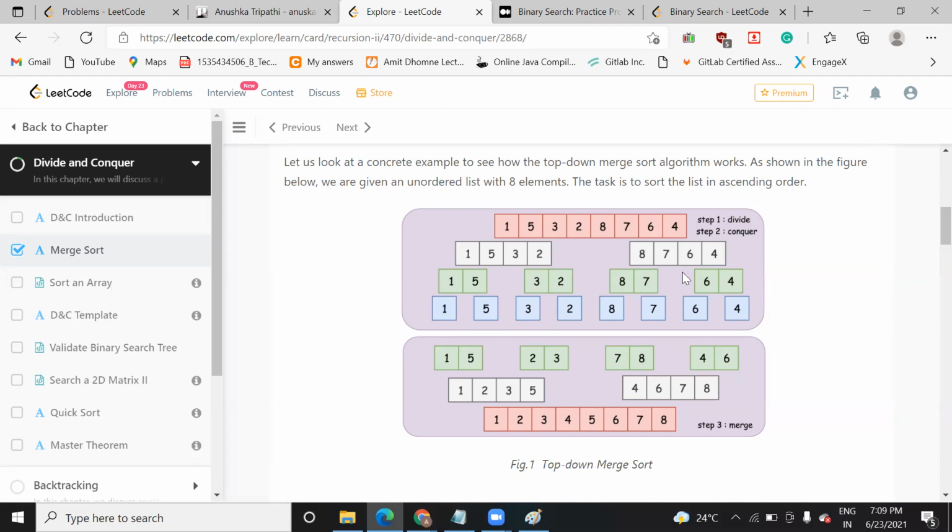Just compare 1 with 5, 5 with 3. Actually you are not getting the point I'm saying. That's how they have shown it, it is for only four elements. But when you have 100 elements, 1,000 elements, 10,000 elements, then will it be an efficient solution to divide it into a set of 500 elements and then do that arrangement? In that case also you need to check 500 times, right?